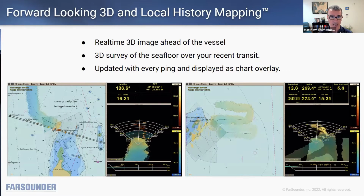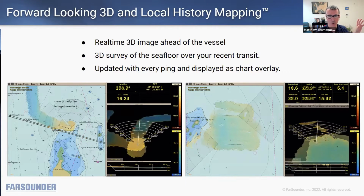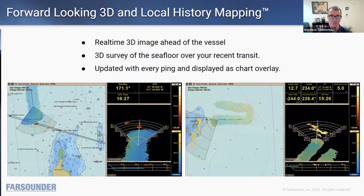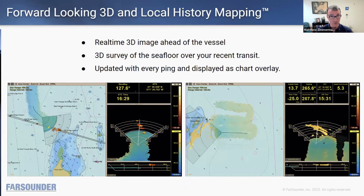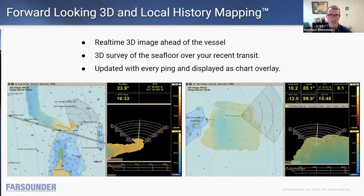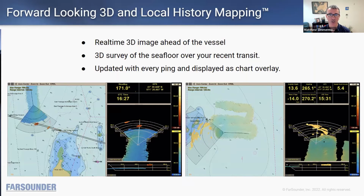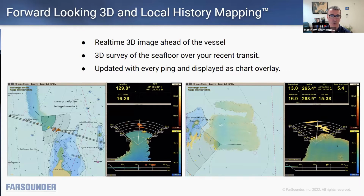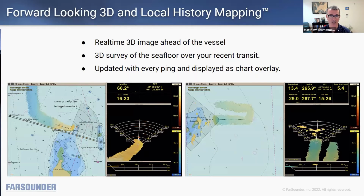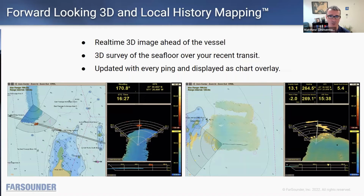A couple of exciting things are happening with that. We have cruise ship customers who are recording drives as they're going through the Northwest Passage and down to Antarctica, collecting recordings and building maps of places that no one's ever built maps of before, which is pretty exciting. And the Canadian Hydrographic Service is actually trying to expand their initiative to use data collected from trusted sources, but not by official surveys, on their charts. And there is a recently updated Canadian Hydrographic Service chart that includes data recorded by a FarSounder customer during their